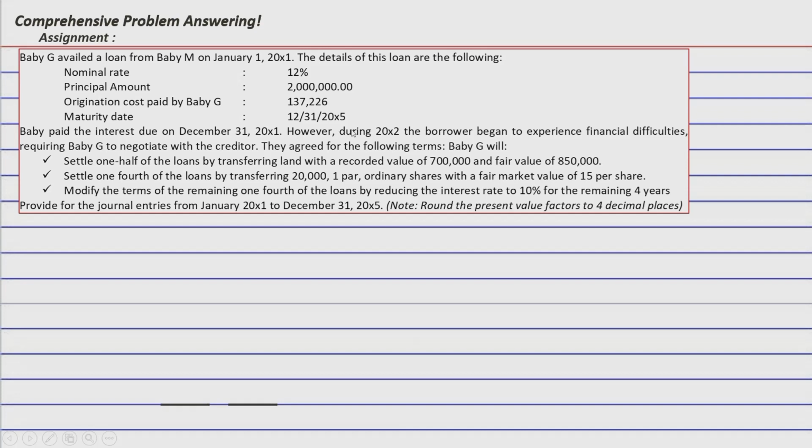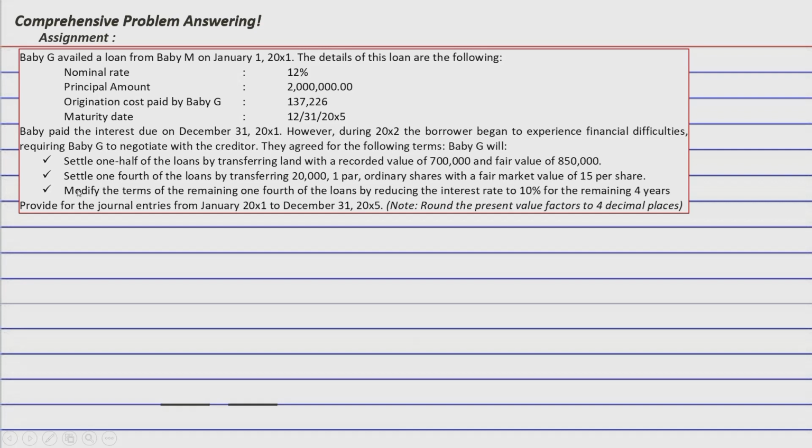Baby G paid the interest due on December 31, 20X1. However, during 20X2, the borrower began experiencing financial difficulties, requiring Baby G to negotiate with the creditor. So they agreed for the following terms. Since we are Baby G, we are negotiating with the creditor to settle one half of the loans by transferring our land with a recorded value of 700,000,